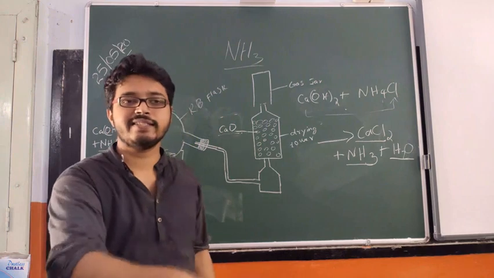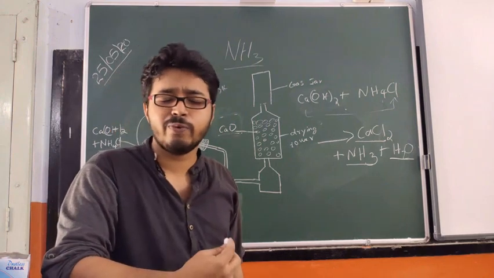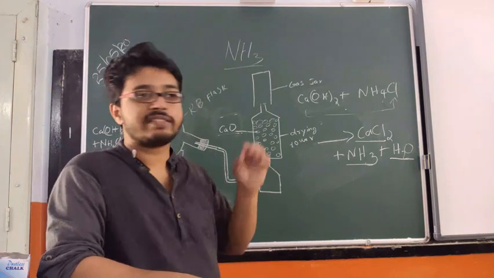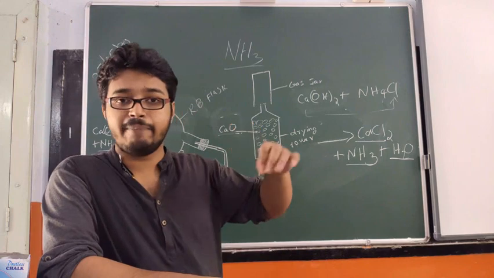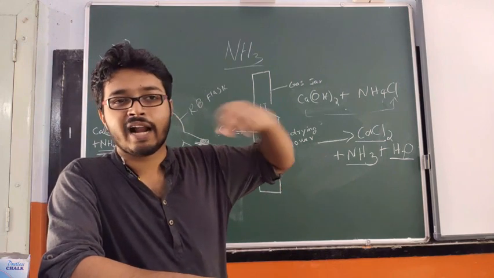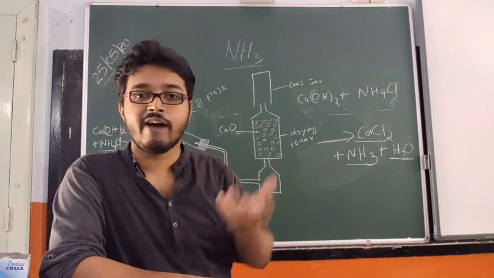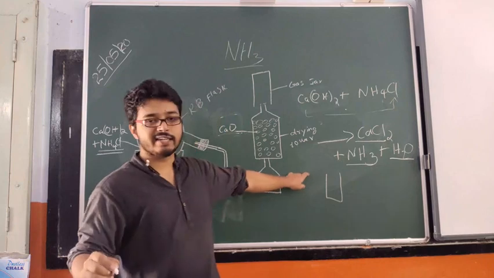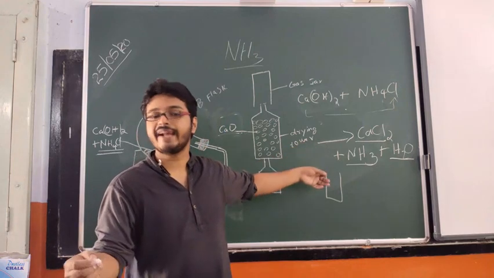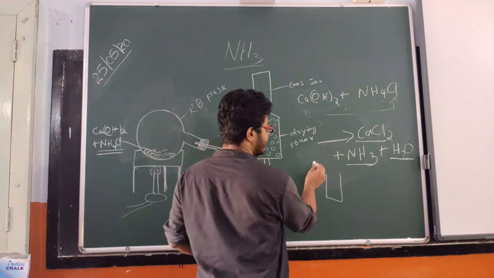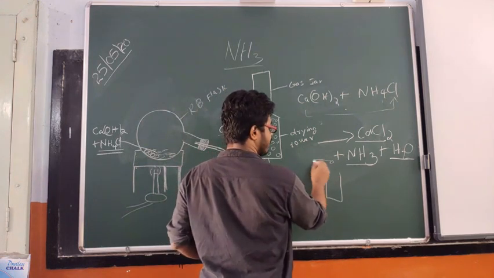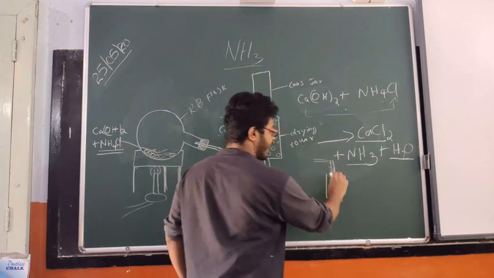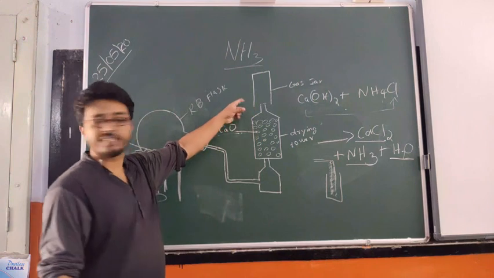My next question is this. I hope you remember how we collected the HCl gas after passing through the drying tower. We were keeping the collection gas jar in an upward position, just like this. The reason was that HCl was a heavier gas. If you pour the HCl gas into this place, it will go down since it is heavier than air.